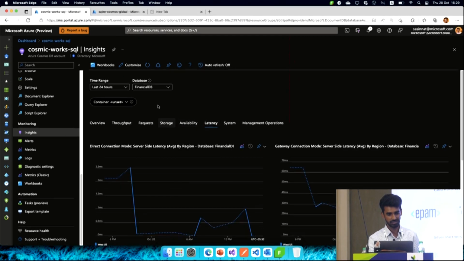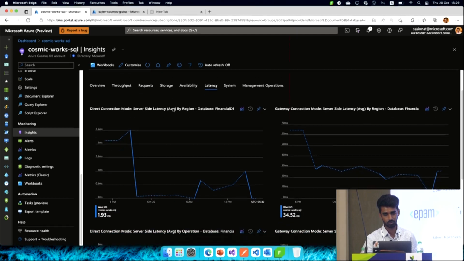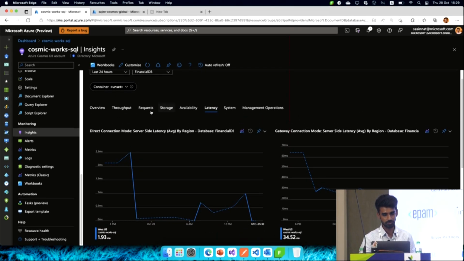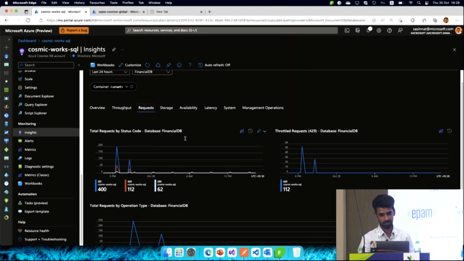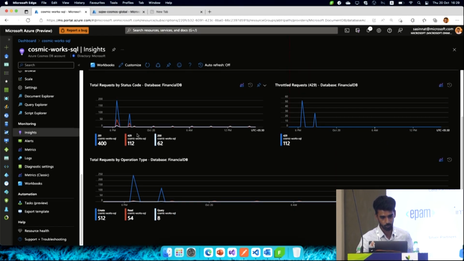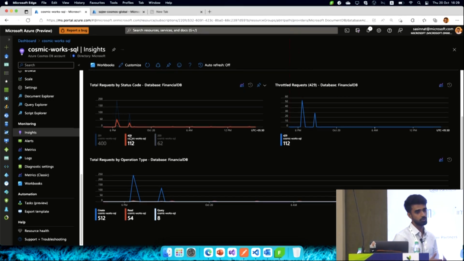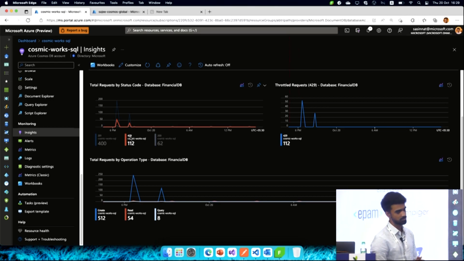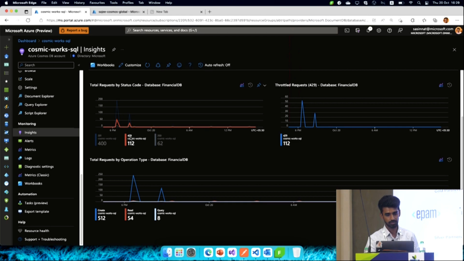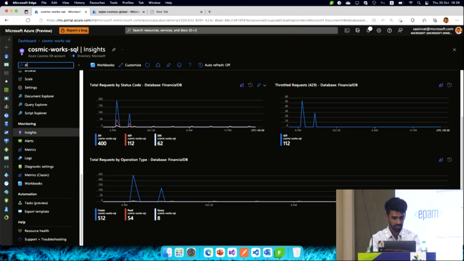And then yesterday I was performing some throttling requests. We should be able to see in the request, and you should be able to see some 429s, which are the throttling requests. So the remedy was to increase the RUs in order to perform those requests. So this is one thing, and then we do have diagnostic logs that you need to